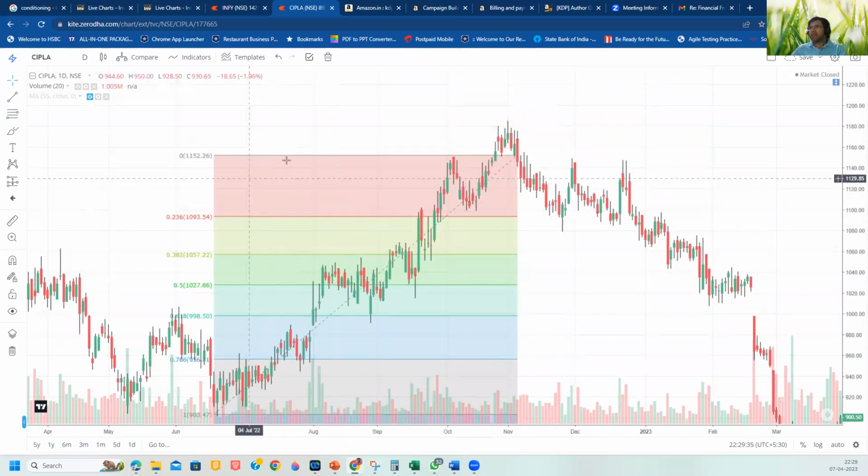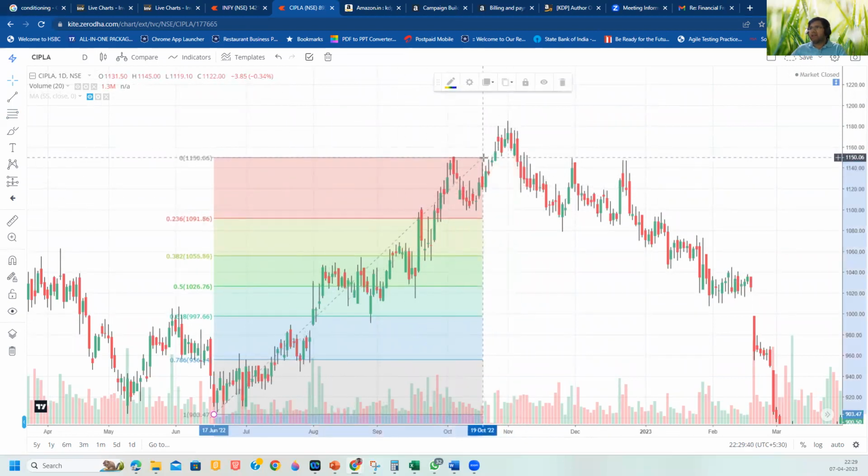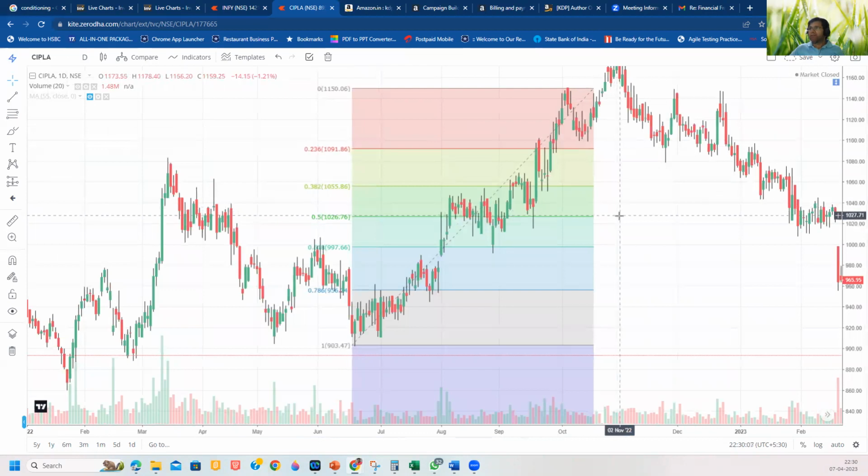So if you look at this case, price took a resistance at this level, okay, and at that point the stock price of Cipla was 1150, okay, and this is the level the stock retraced to, and in this example it is less than 23%. It may be somewhat 20% or so. Okay, so this is the example of